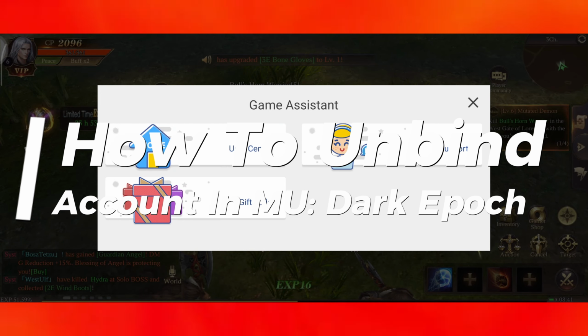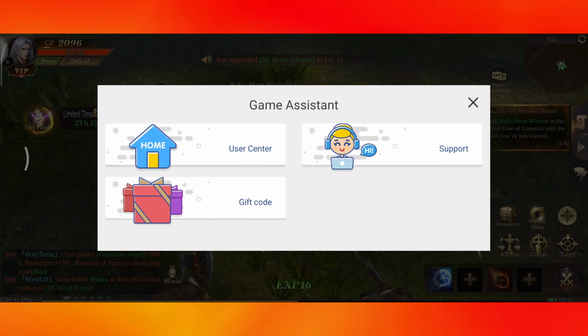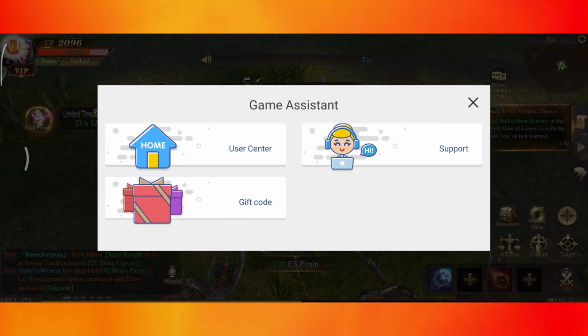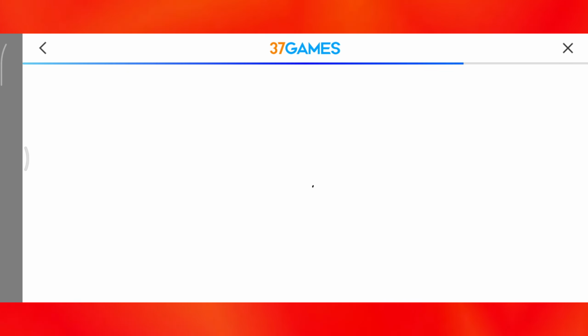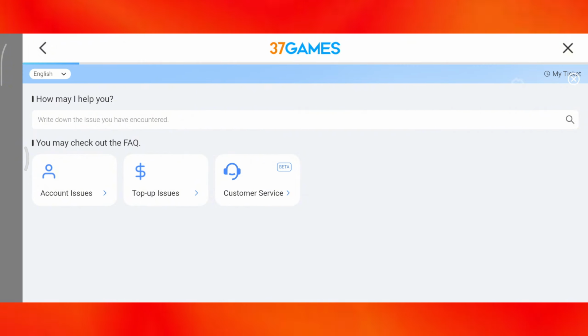How to unbind your account in MU Dark Epoch. So just go ahead to your game assistant. It's going to be found here in the top left corner. Press on your support and you're gonna have to go into your customer service option, and then it's going to